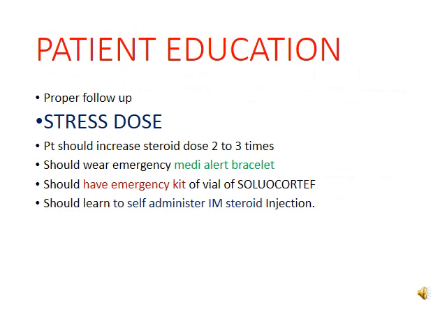Patient education is an important aspect of management of adrenal insufficiency. These patients should be followed up properly. They should be educated regarding stress dose, that the doses of the steroid should be increased 2 to 3 times in cases of severe infections and fever, and if there is vomiting, these medications should be given in the form of injectables, because when the oral medications are not tolerated, it results in further augmentation of insufficiency. Patient should increase steroid dose 2 to 3 times.